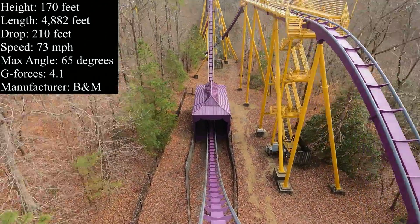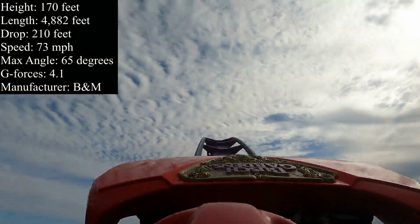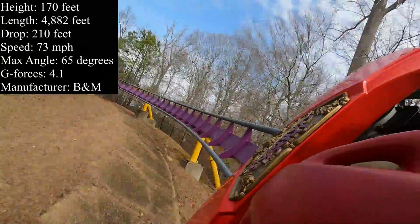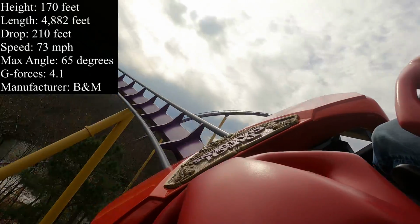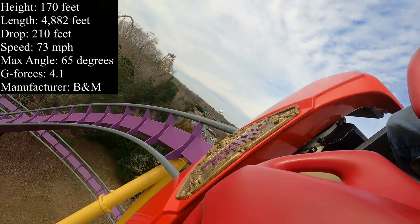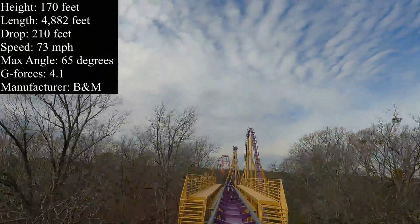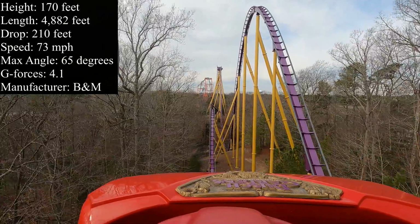You then go through a shed before climbing into the second camelback airtime hill, which has a slight trim brake to slow the train down a little as it banks towards the left downwards as it starts rising into a decently large upward helix turnaround before diving back down into a banked right-hand turn up into the mid-course brake run. The mid-course brakes engage slightly, but not so much as it saps the train's momentum like the mid-course